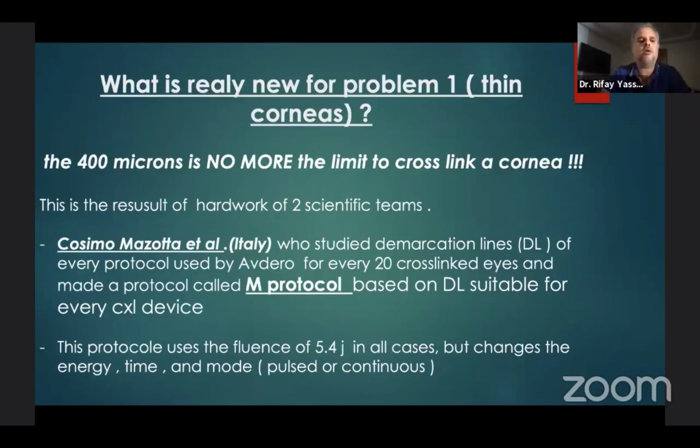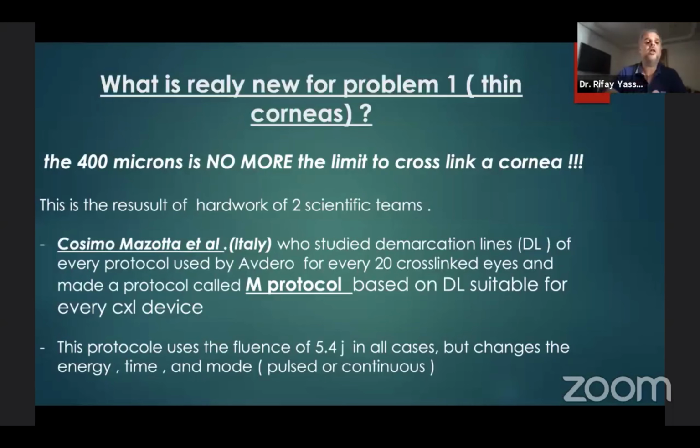So what is really new for problem number one? I mean, thin corneas. The 400 microns is no more the limit to cross-link a cornea. We cannot tell a patient that has less than 400 microns of stroma, we cannot cross-link you. And this is the result of the hard work of two scientific teams. The Italian team, Cosimo Mazzotta and his team, who studied